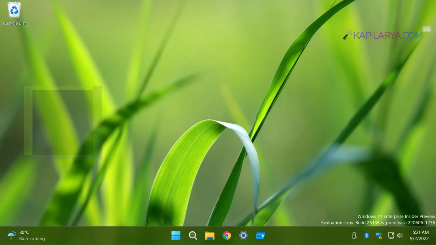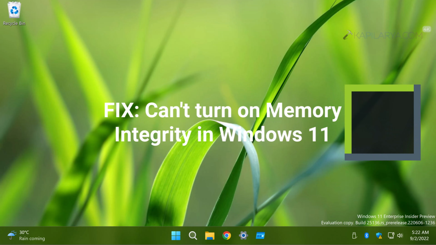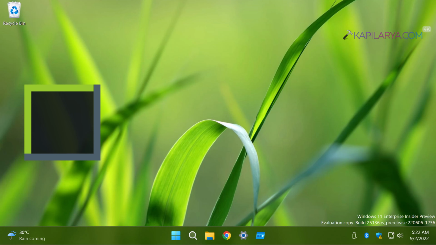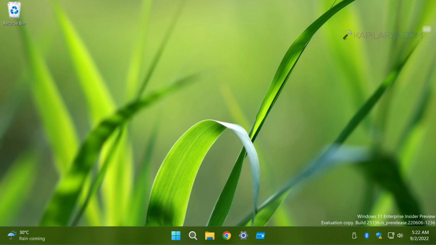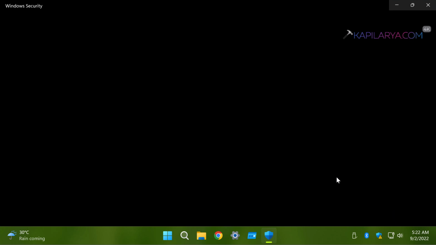In this video, we will see how to fix it if you cannot turn on memory integrity in Windows 11 operating system. So let's get started. Here I am on the Windows 11 desktop and you can see that Windows Security has actions recommended. And if I open Windows Security,